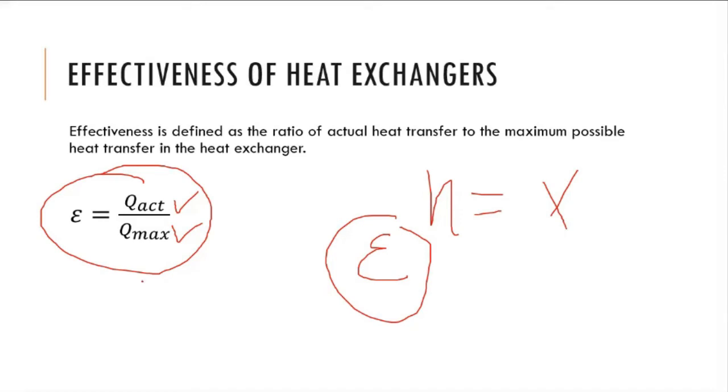Yes, sir. Okay. Now, when we were talking about fins, this Q max had a given condition. Q max was taken when the entire surface of the fin is maintained at base temperature. That was the condition for Q max. In our case, the Q max value will be different. Here for heat exchangers, this Q max value will be different. So this effectiveness definition for heat exchangers and fins is entirely different. Q max definition for heat exchangers and fins is entirely different.